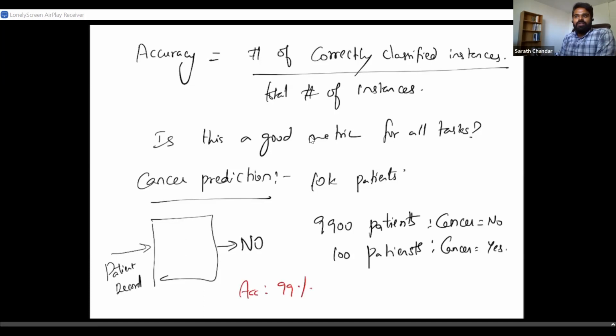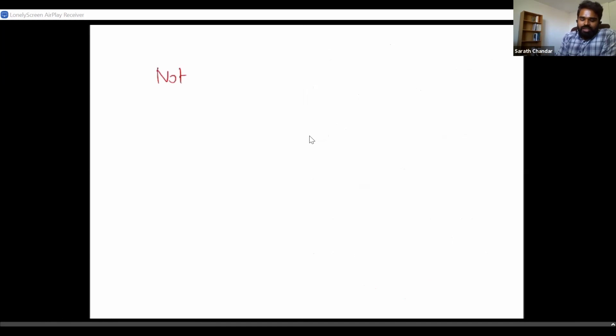Now the question is, is this a good classifier? It has 99% accuracy. Is this a good classifier? No, clearly not, right? This is a useless classifier because it is not predicting any cancer patients. The only reason why we go for such a prediction model is to figure out who has cancer, right? So now this tells us something. This tells us that not every error